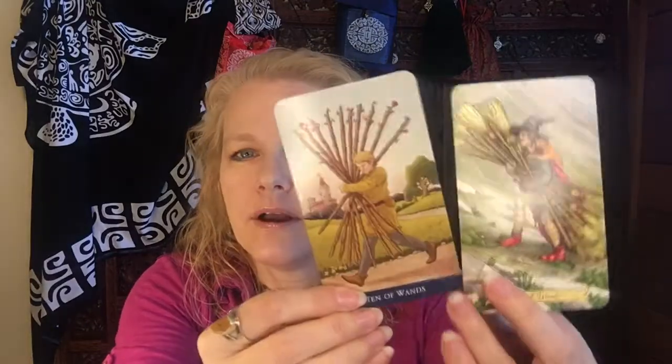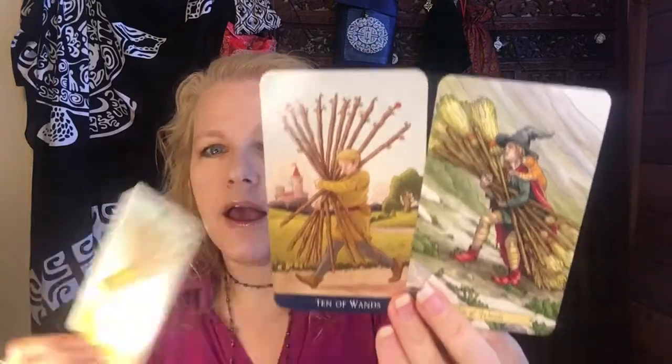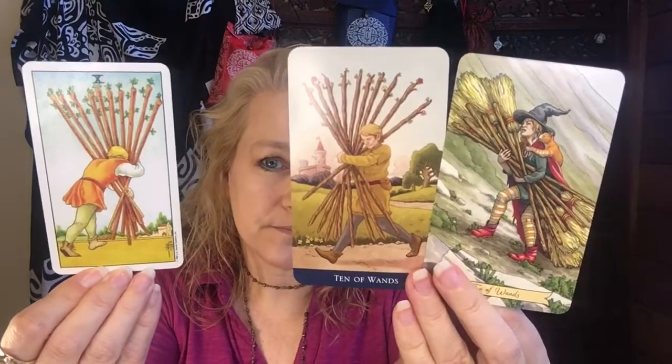And some of the cards in the Everyday Witch deck are very similar as well. So that same card that I showed you, the 10 of Wands, this is that same card in the Everyday Witch deck. And you'll remember this is the one from Barbara Moore's. And here's the original one. The reason I would call the Everyday Witch Rider-Waite-Smith based is because a lot of the other images in the deck are similar but different. For example, in the Everyday Witch deck,